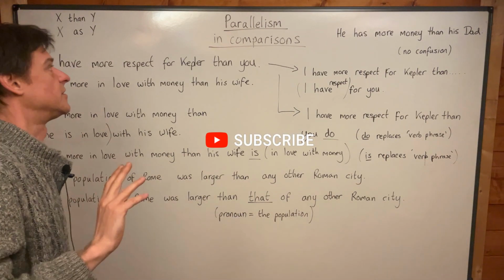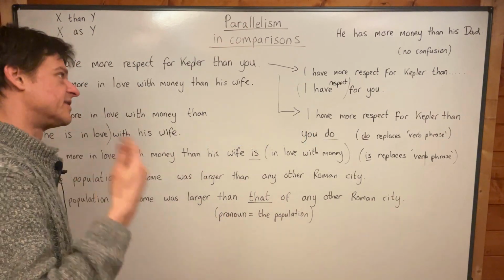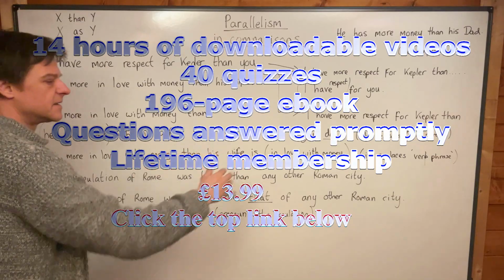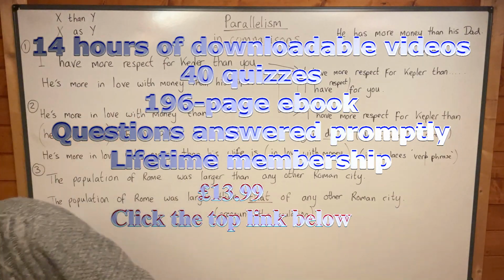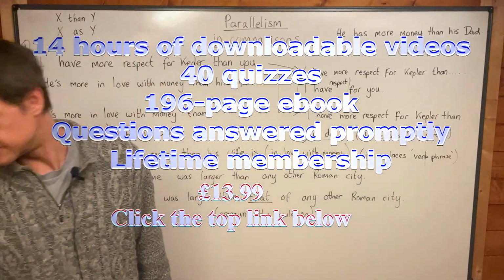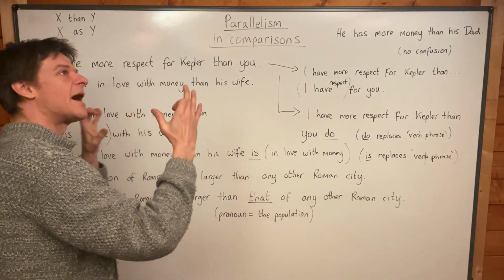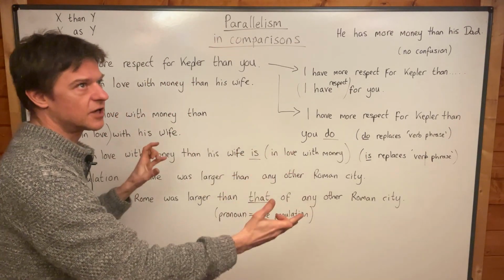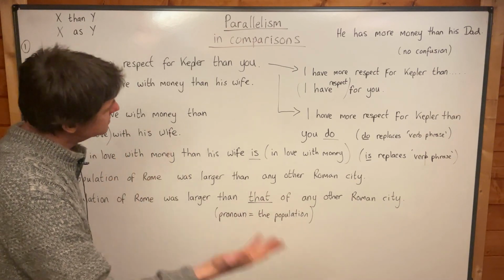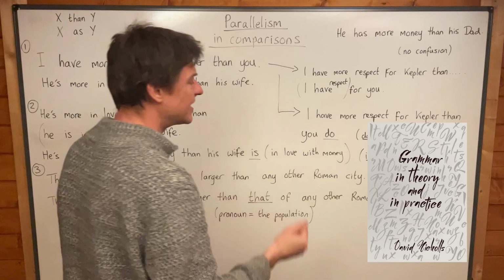Okay, in the last class we looked at parallel structure and correlative conjunctions and lists. Now I hope you could see why it was important, even though these guys say that it's not important. It is actually important sometimes to think about either X or Y, to think about how the correlative conjunction works, how it functions. And today we're going to look at why parallelism is important in comparisons,